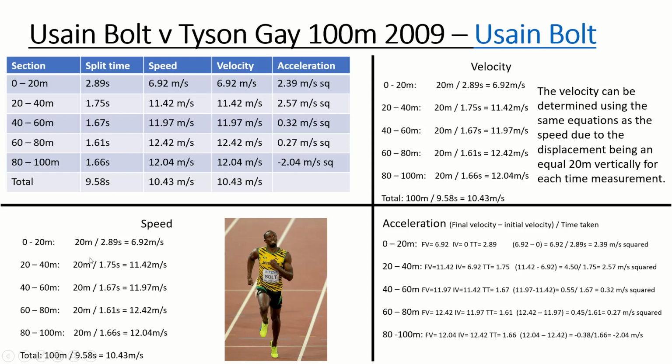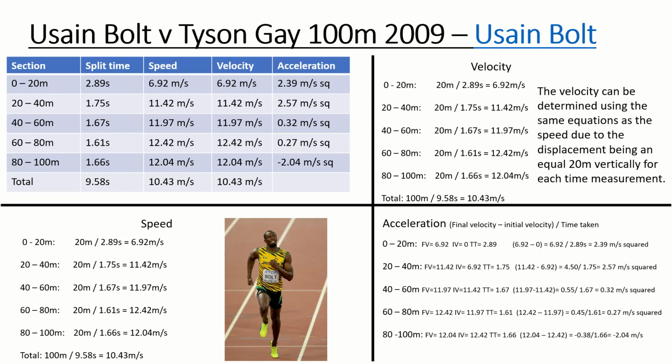The following 20 meters after that were 20 meters divided by 1.75 seconds, giving him a greater speed of 11.42 meters per second. As we reach the midpoint of the race, the 40 to 60 meter section, that 20 meters would be 20 meters divided by 1.67 seconds, giving him a further increased speed of 11.97 meters per second. After that is the 60 to 80 meter section. This is the next 20 meters, so 20 meters divided by 1.61 seconds, giving him a speed of 12.42 meters per second,